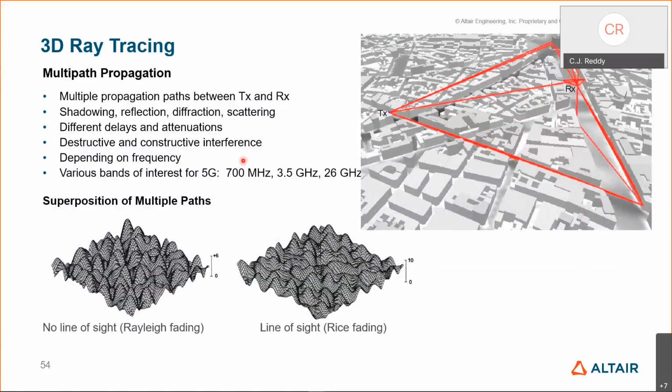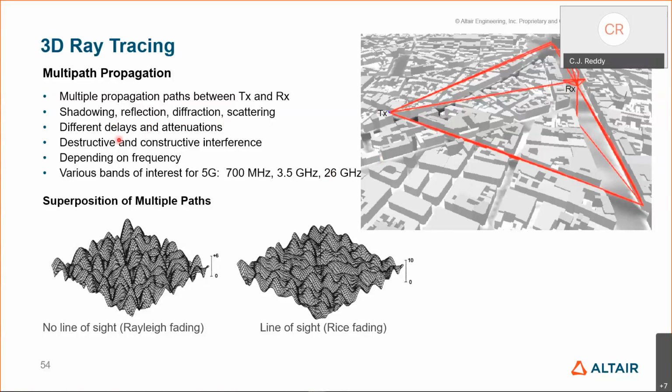So in 3D ray tracing, what are the things we need to look for? If you look at the transmitter here and your receiver here, you can see that there are reflections going from this building and coming back here, and there's a direct ray and also other reflections coming off of here. And even these ones, not only coming directly here, they also bounce off from the ground and come here. So your propagation model should be able to take all these things into account, that is reflection, diffraction, scattering,